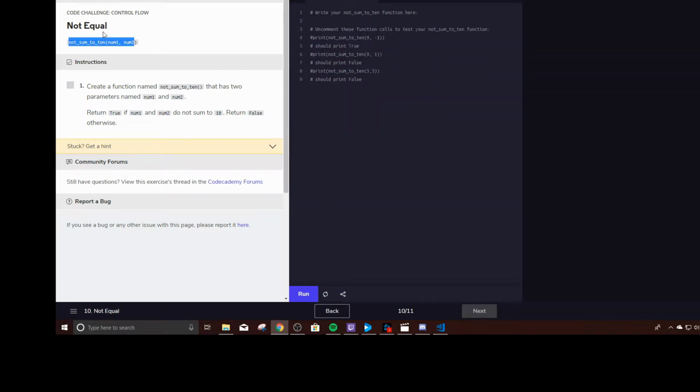Is this the final one? It looks like it might be. Okay, what do they want? Create a function named not sum to 10 that has 2 parameters called num1, num2. Return true if num1 and num2 do not sum to 10. First of all, let's do sum of num is equal to num1 plus num2. First and foremost. And then we'll do an if